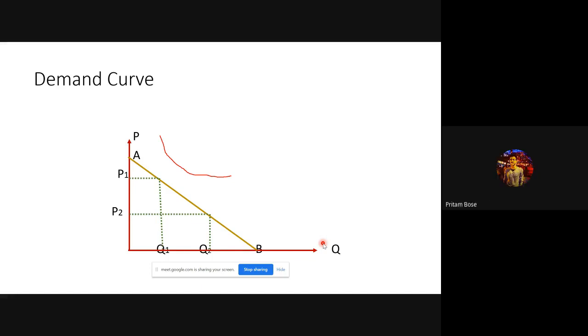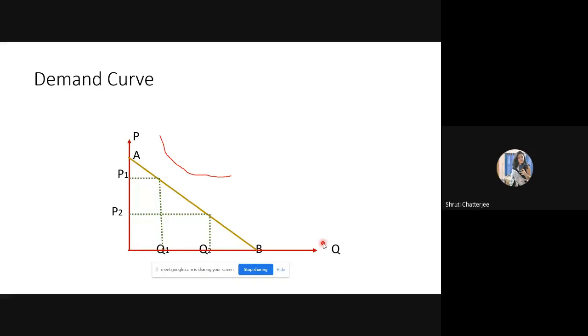Ma'am, Giffen goods. Yes, Giffen good is a violation of the law of demand. Inferior good is not. Remember, Giffen good is a case where the price is increasing and the demand is also increasing. But an inferior good is related to your income level: when your income is increasing, demand is falling. But it is not a violation of the law of demand. Also due to future expectations, when people think there will be less stock in the future. Speculation, yes ma'am.